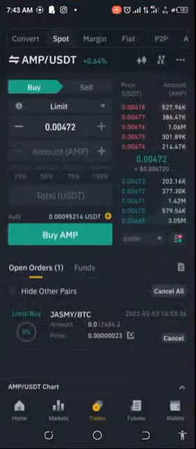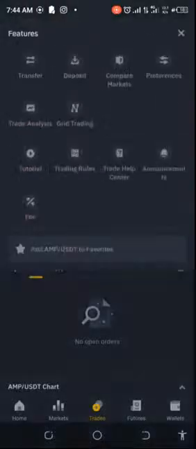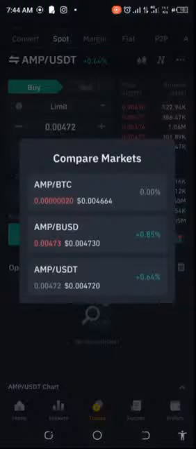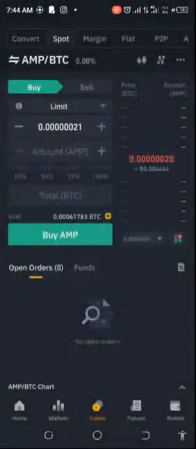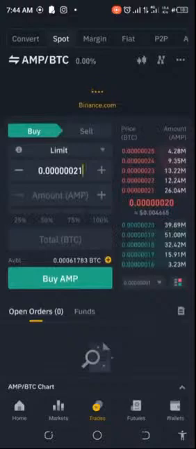Okay, so what I'm going to do first and foremost is cancel this trade. Once I cancel that, it releases back my BTC, and then I go ahead to do this for BTC. And let's hope that this works. So now what I'm seeing here is that the current